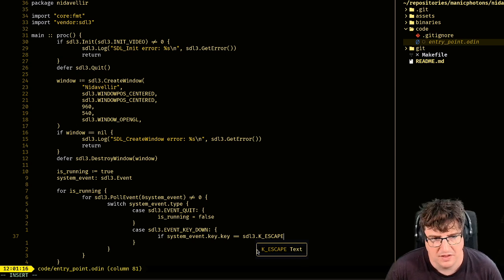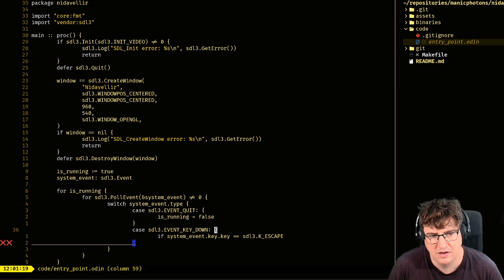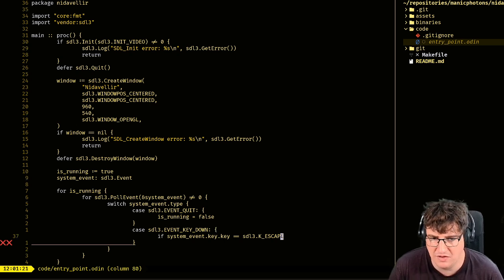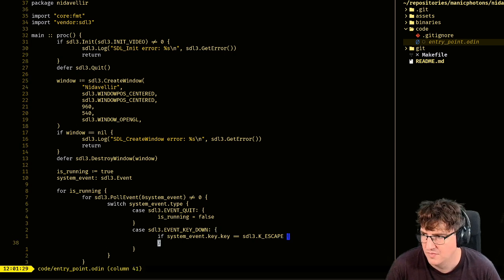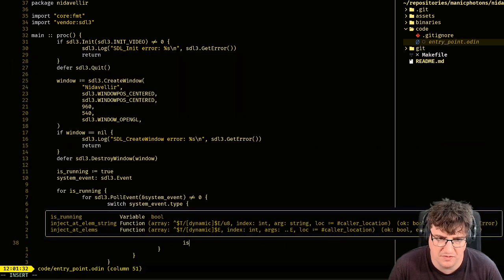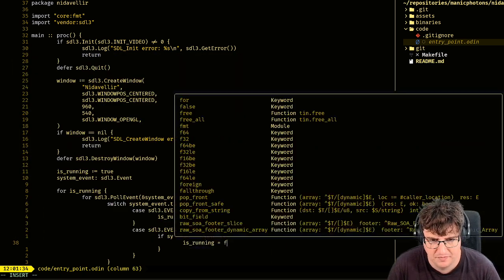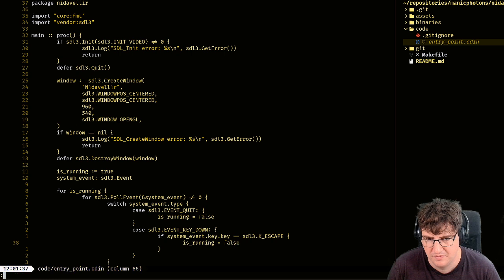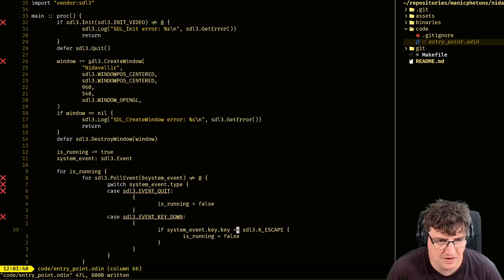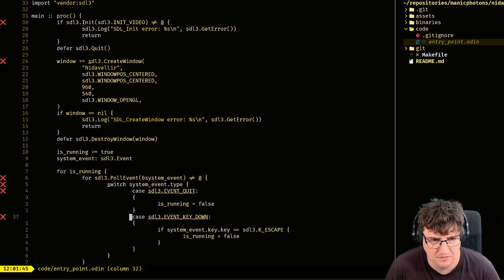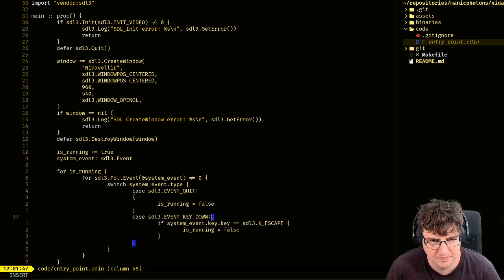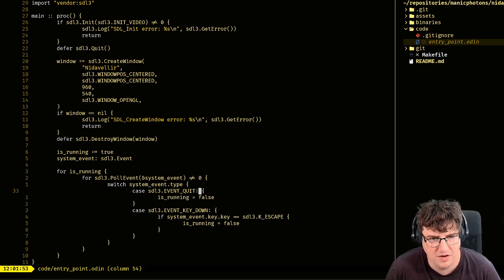So in the event that there's a key down event sent through and that it relates to the escape key being pressed, then let's just have is running false. I'm not sure if I need to send a specific message. Oh, this reformatting.